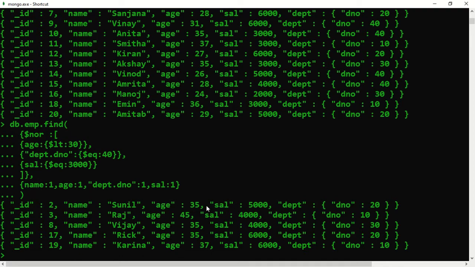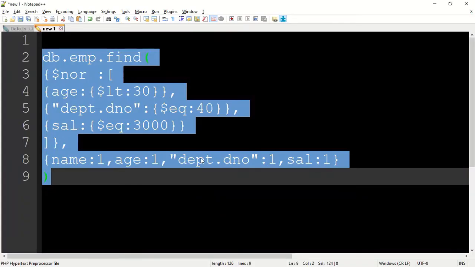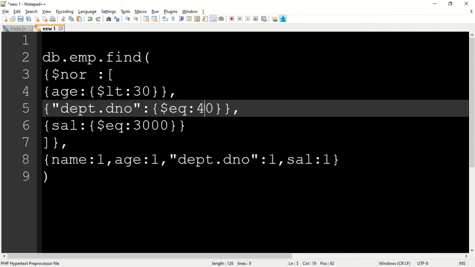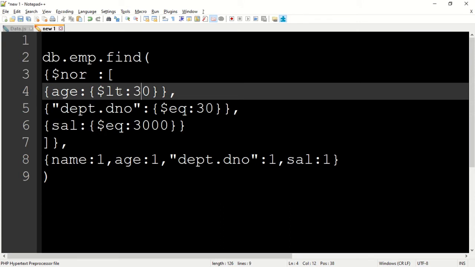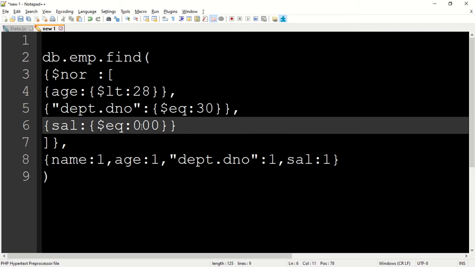Let's go to the notepad and make some changes. Say department number equal to 30 here, and age less than 28, and here we'll say salary 4000.